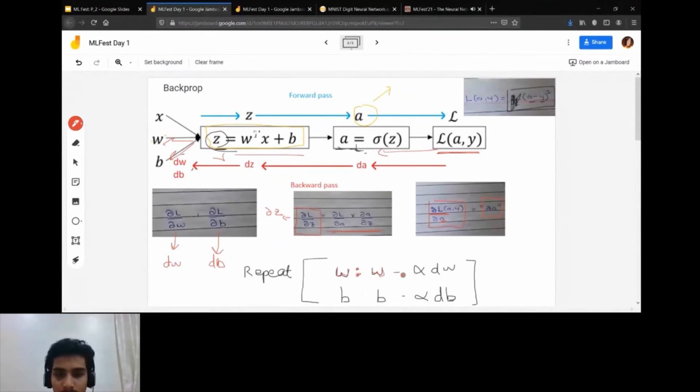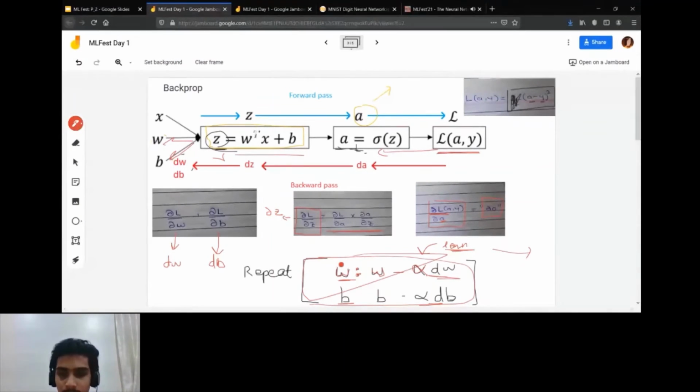Then after differentiating, we repeatedly do this. We update the weights according to this equation. The new weight becomes the old weight minus some learning rate. This is some constant which we call learning rate. We won't get into the details of what learning rate is. Let us just think that this alpha is some constant. So we update the weight: old weight minus some constant times the differentiation is going to be the new weight.